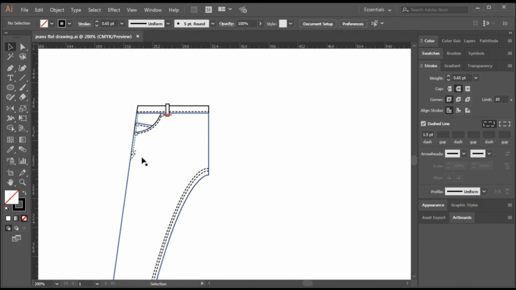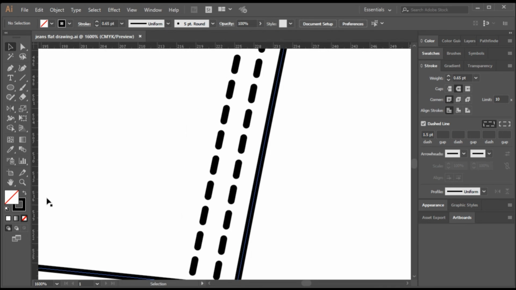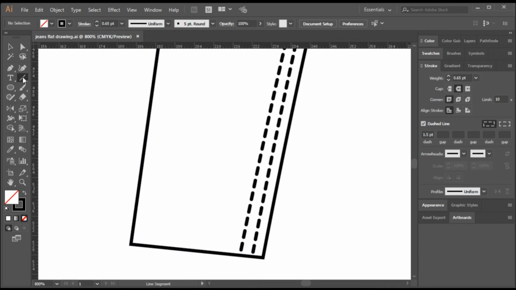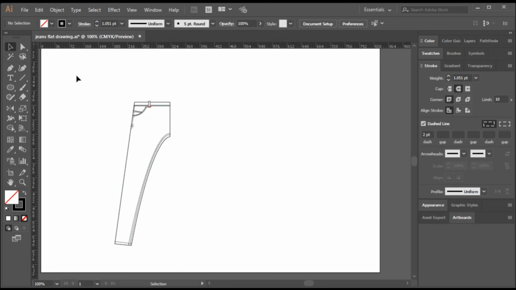Fine, so we have done half of the denim. Let's quickly add a stitch line here as well. So I'll do it with the line tool, click and drag. It remembers the last setting, but this is not the setting we want it to have. So I'll hit I on the keyboard, and then click on this one. Now we are going to make a copy of